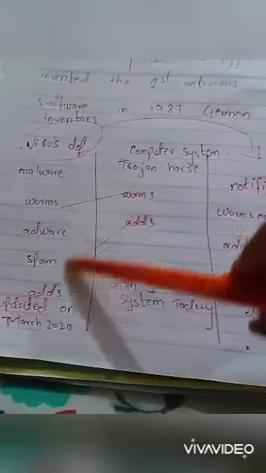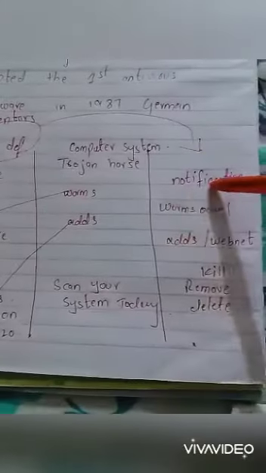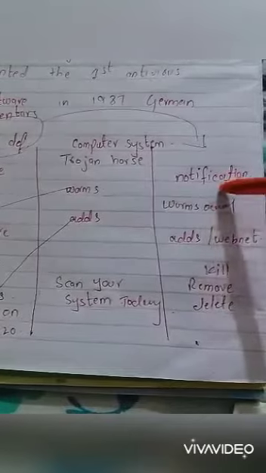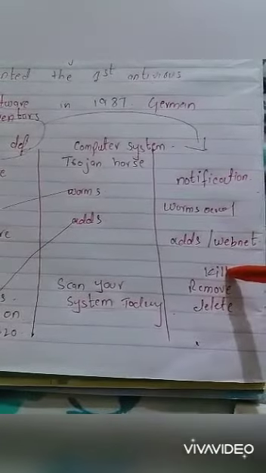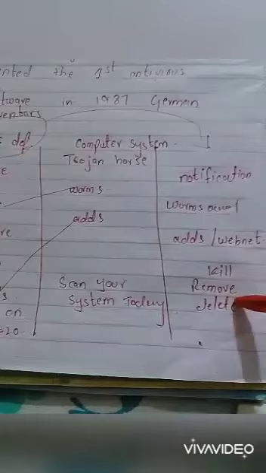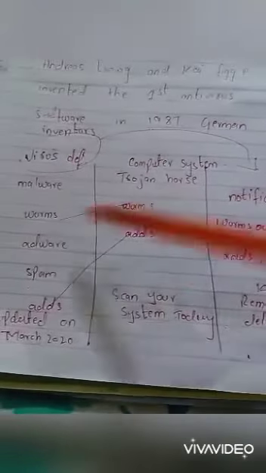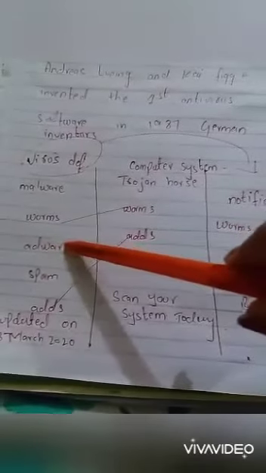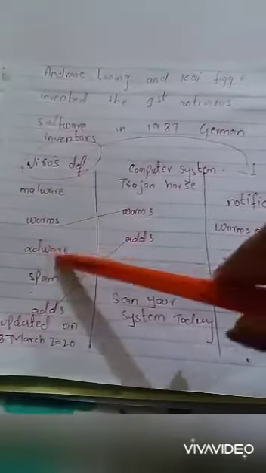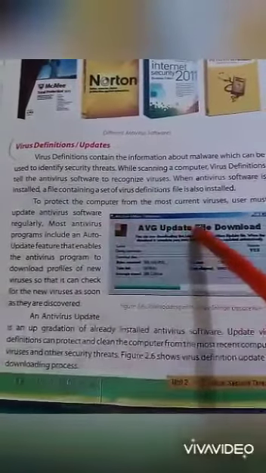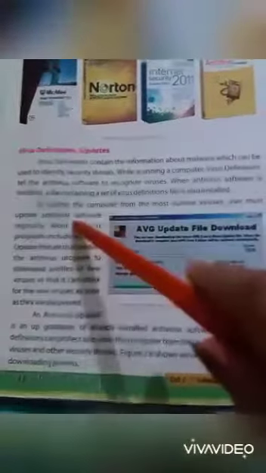So virus definition detects worms and ads and gives you a notification like worms 00111, ads webnet. Now this depends on the user. You can simply click the viruses, remove the viruses and delete the viruses from your system. So this is about virus definition. Virus definition is available in your antivirus software, matches the viruses with your system and then gives you a notification.